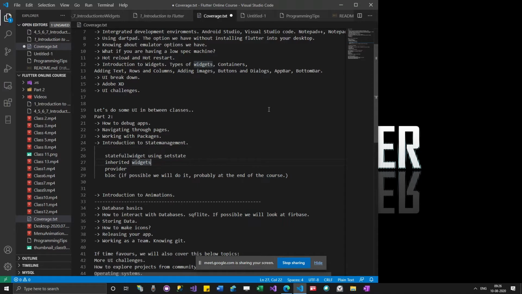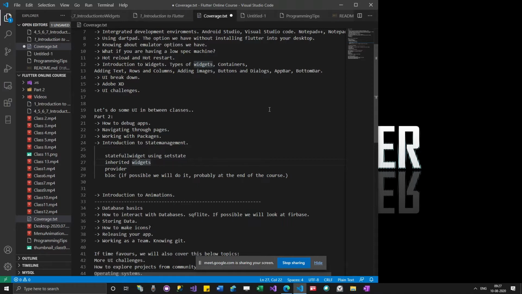Actually, as we develop apps with big user interfaces, you will keep writing widgets inside widgets. You will write a widget for meeting some user requirement, you will write more widgets, and you will combine more widgets, right? So as you keep coding more widgets, they will become more complex.